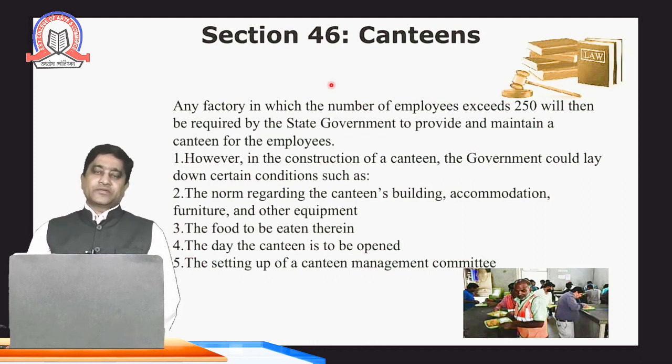Please remember that the factory manager should provide food which is nutritious and contains proteins, carbohydrates, as well as a rich source of minerals and vitamins. In any factory where the number of workers employed is more than 250, there should be a proper canteen, and the state government should provide